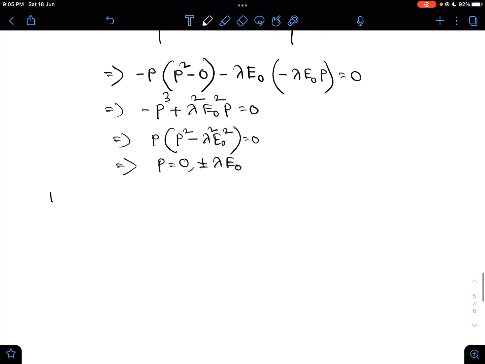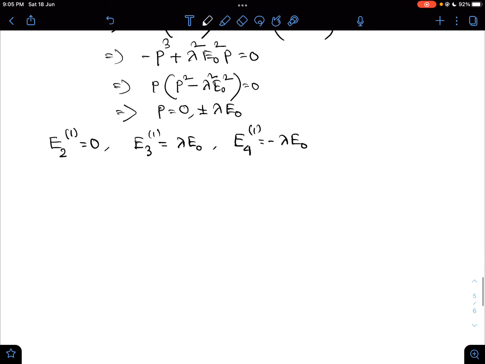So this will lead to the correction. What is our correction in the first order of the second state? This is 0, and similarly correction in the third state up to first order will be lambda E0, and correction in the fourth state up to first order will be minus lambda E0. So the energy eigenvalues to first order degenerate perturbation